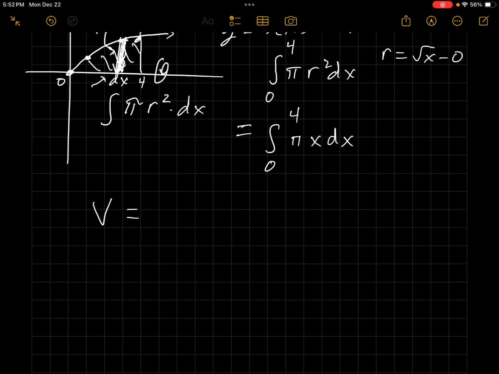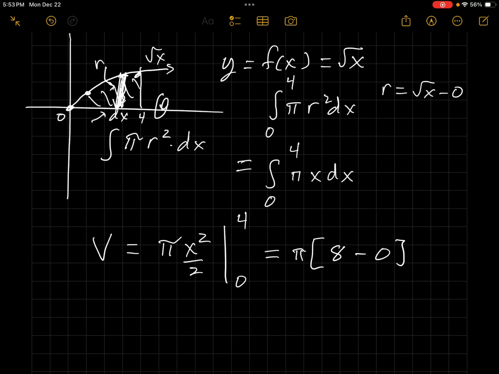Now we can find the antiderivative. I will do the constant rule, then the power rule on the interval 0 to 4. I like to factor the constant out almost always. And then we're going to plug in the upper limit, 4 squared over 2, minus, plug in the lower limit, 0, which says